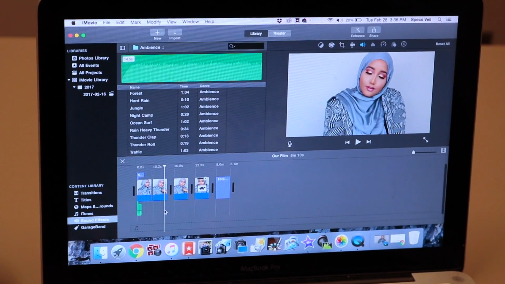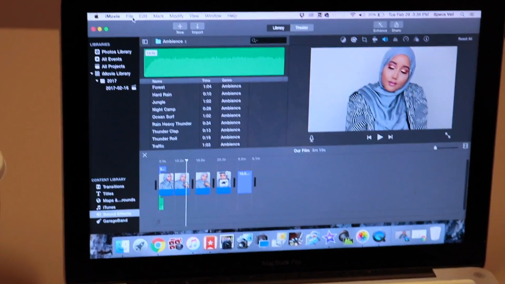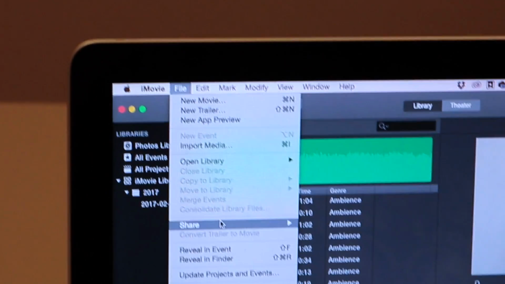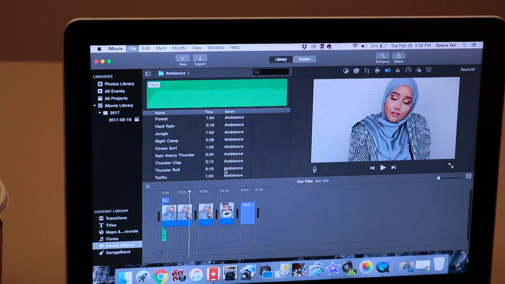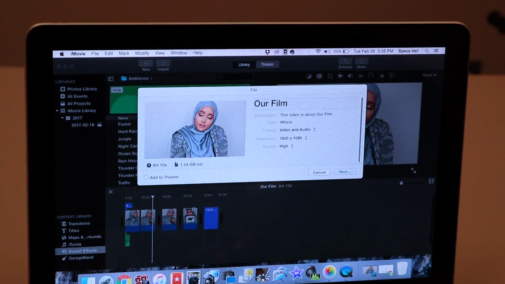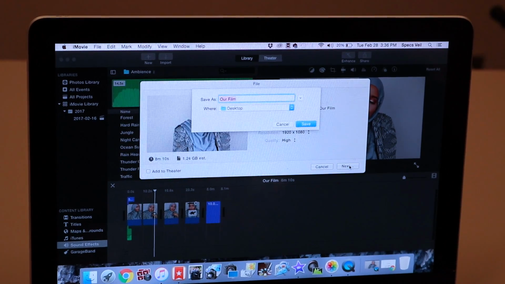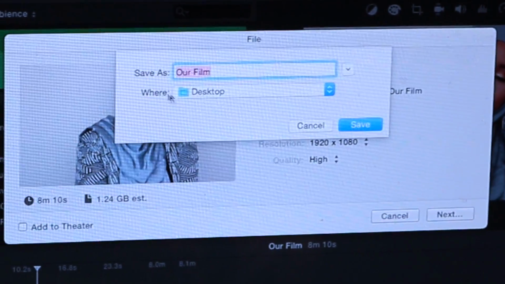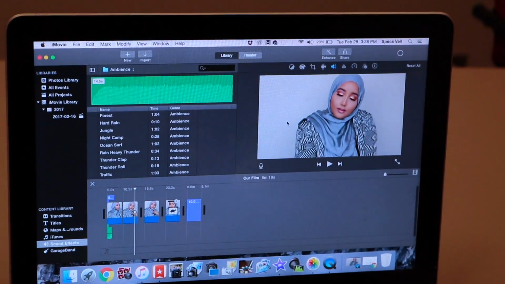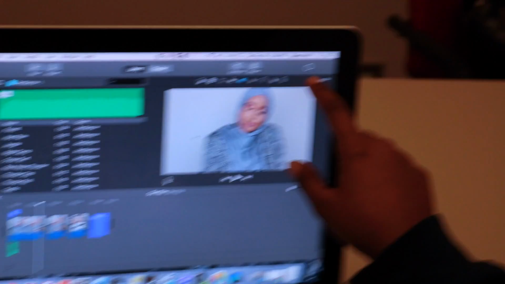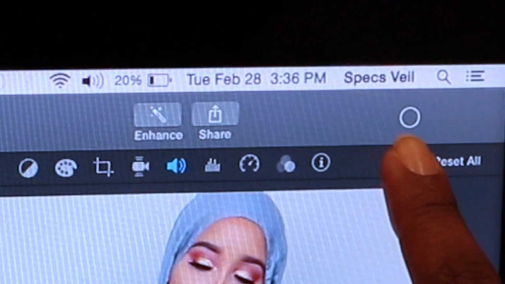So the next important thing is how to export your final video. So you go ahead and you go to File, Share, File again, and you have your title again just to confirm, and you go ahead and say Next. And then it tells you where you are going to be saving this file. So we want to be saving it on desktop. Go ahead and say Save. So this white circle is going to come up, and you're going to wait for this white circle to fill up. It's kind of like a pie graph. Once it fills up,